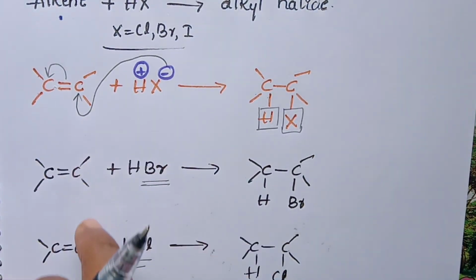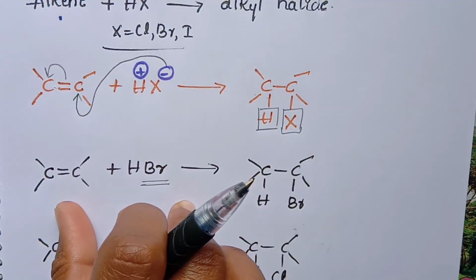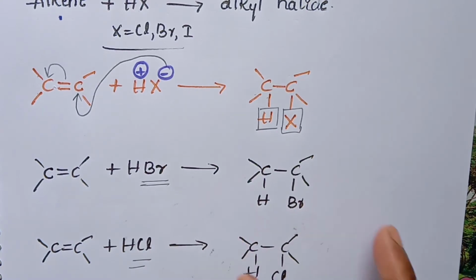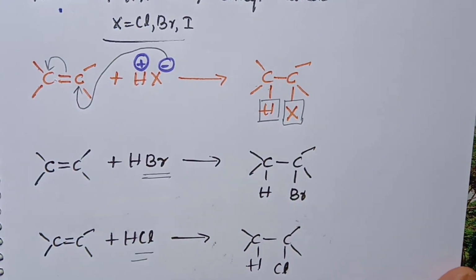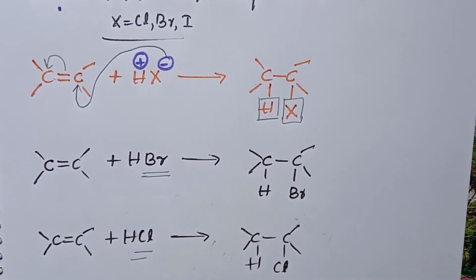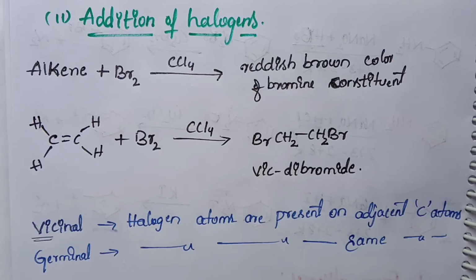Here the alkene is treated with hydrogen halides, and then they form alkyl halides: alkyl bromide, alkyl chloride, alkyl iodide. For iodide, we do the same. Yes, next method: addition of the halogens. This is one of the methods